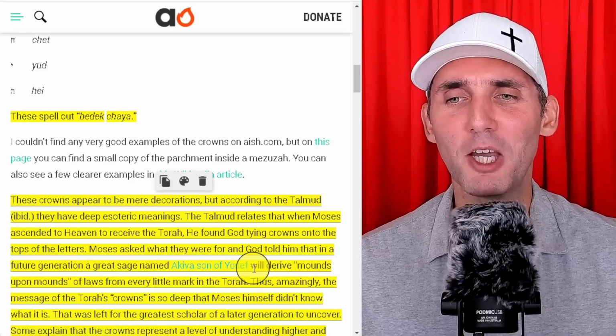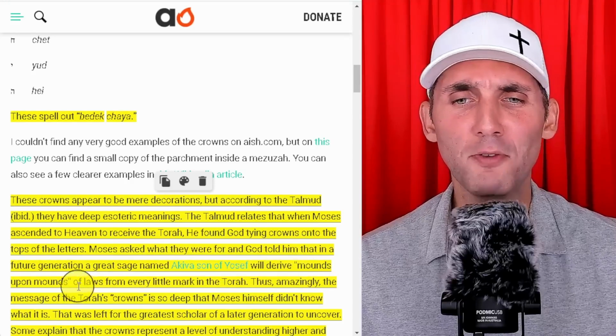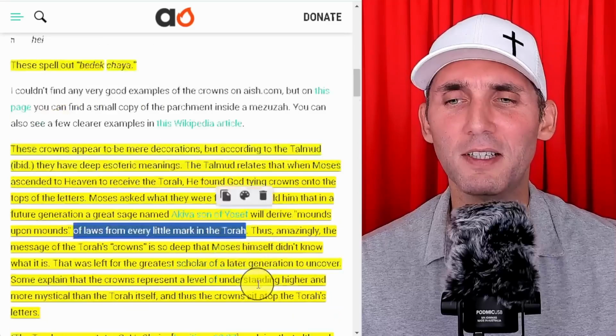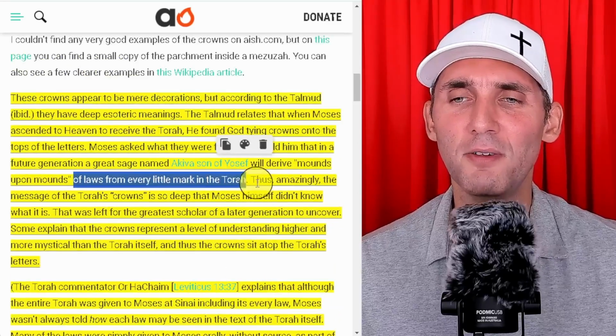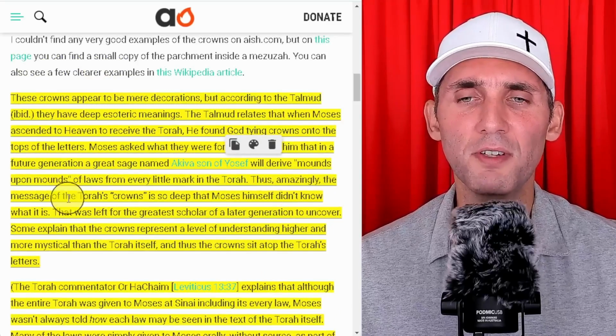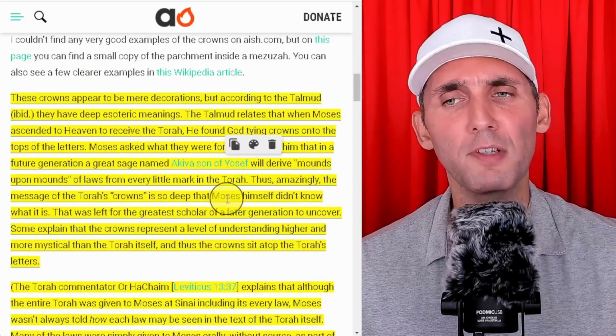Rabbi Akiva will derive mounds upon mounds of laws from every little mark on the Torah. There you go. They love their laws, man. They just love their laws. Nothing new under the sun. Pharisees from day one. Thus, amazingly, the message of the Torah's crowns is so deep that Moses himself didn't know